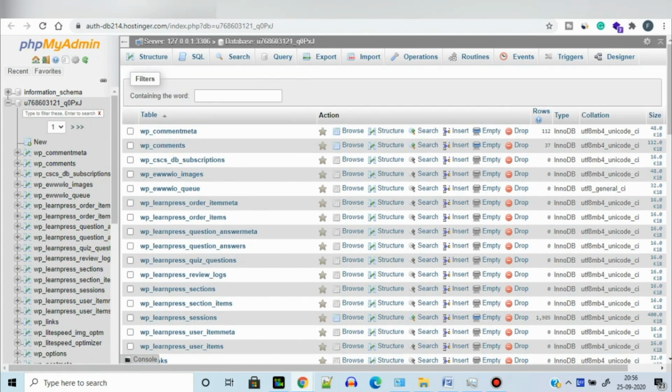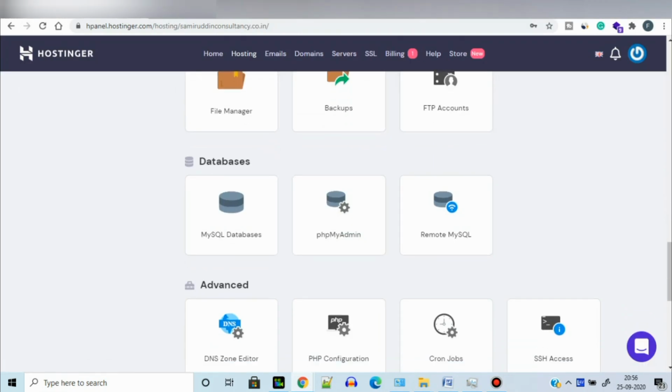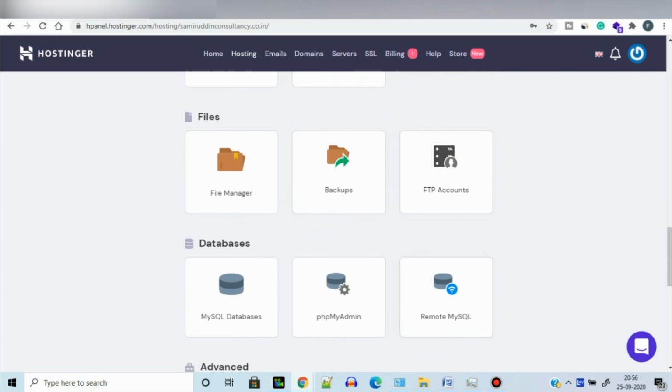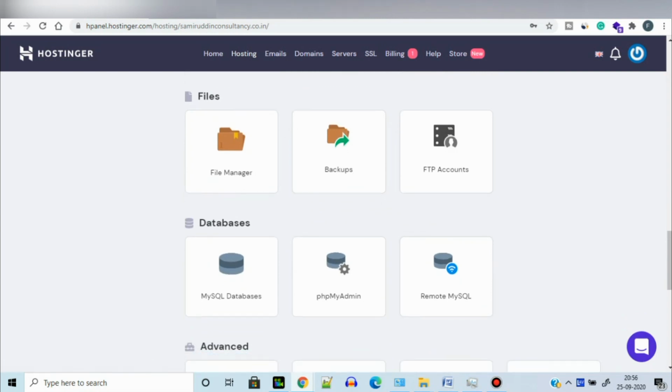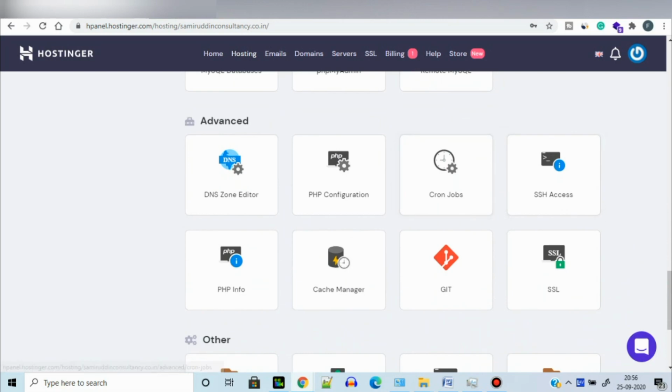Now let's go back to the dashboard. Now we are familiar with the files and database, so let's understand some advanced sections. From the advanced section you will get DNS zone editor and PHP configuration.